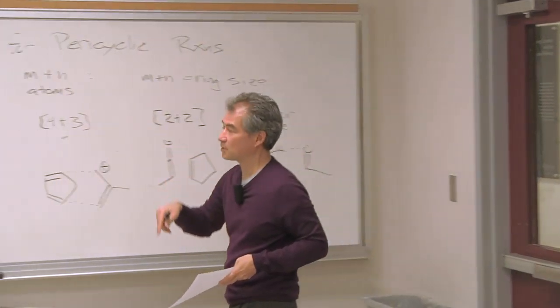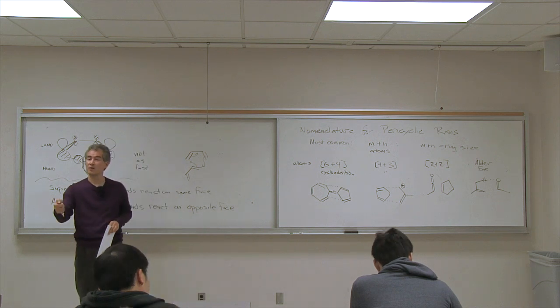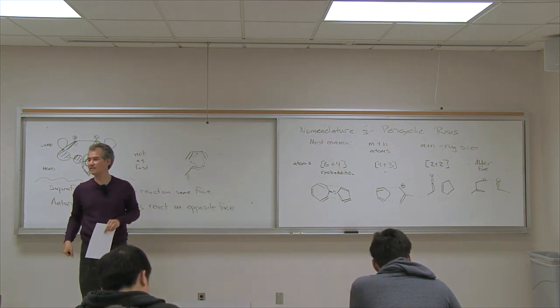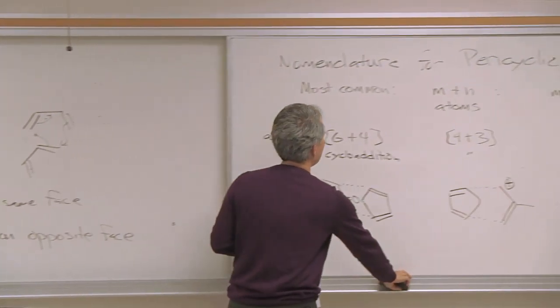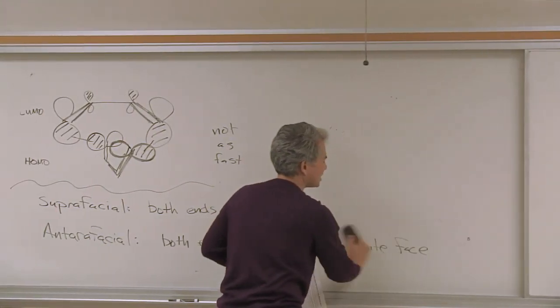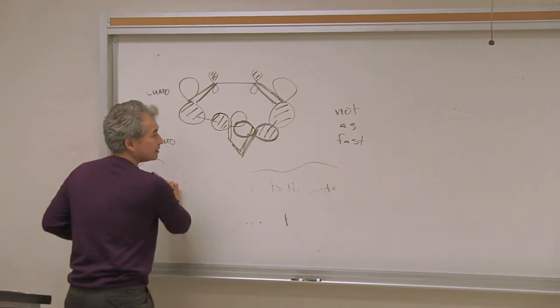Okay, so this is one type of nomenclature. This is the most common type, and it works really well for cycloadditions. Remember, thermodynamically, cycloadditions tend to be favorable. So you'll see lots of examples of cycloadditions, and this is a very convenient nomenclature for describing cycloadditions, which are the most common type of pericyclic reaction. But there's another type of